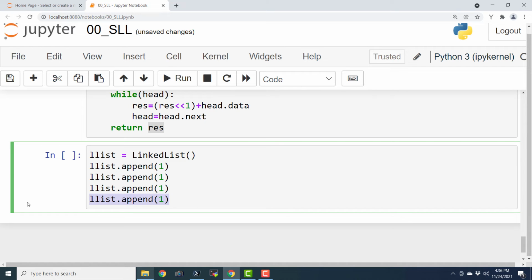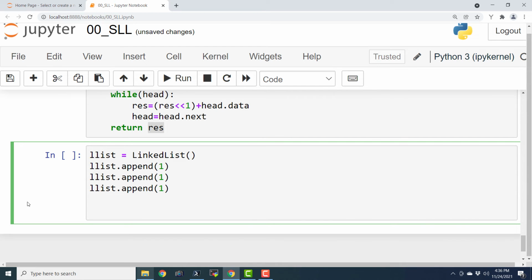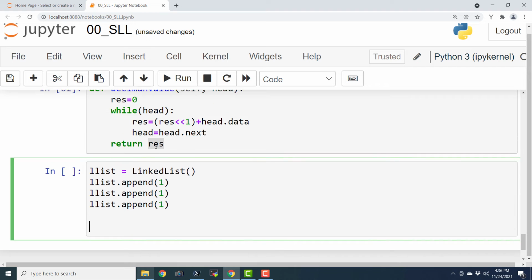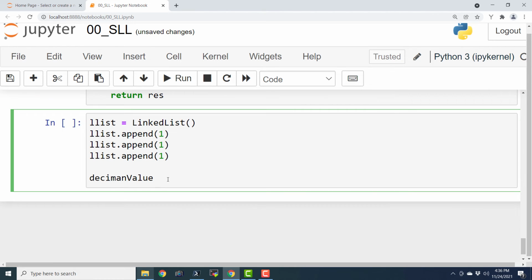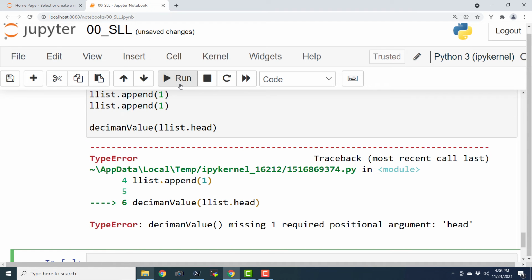Or let us make it 3 times 1. The decimal value of this should be 8. And I will say decimal value of list.head. That's it. This is a very simple thing. And if I execute it, it should show me 8.